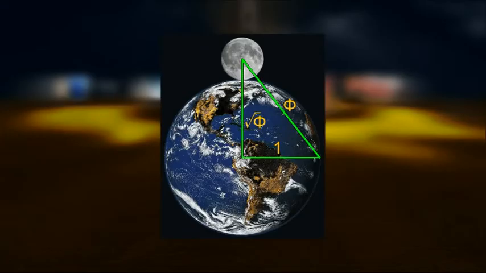Obviously, the Moon isn't touching the Earth, but I've put them close by so you can actually see what I'm talking about. And I've drawn a green line from the center of the Moon to the center of the Earth, another green line from the center of the Earth to the side of the Earth on the right, and then joined the two with another line which makes a golden triangle, which is half of a golden rectangle. And let me tell you, that is exactly pi dimensions, which means the dimensions of the Moon and the dimensions of the Earth were designed by God in divine proportion, which is mind-blowing.